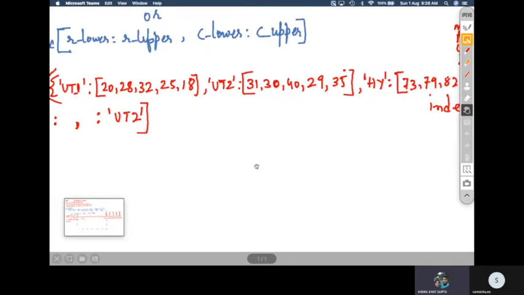What output will it give you? What output will it show you? Can you tell? This will give you a very simple output. Just see here what it will do.